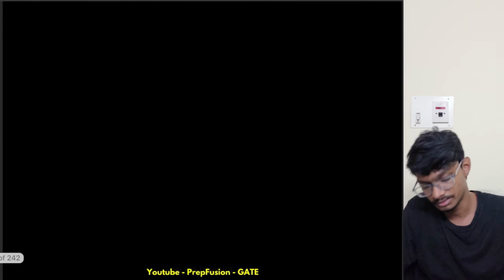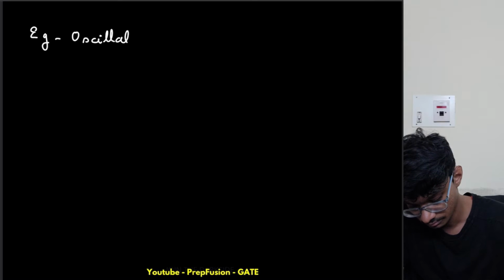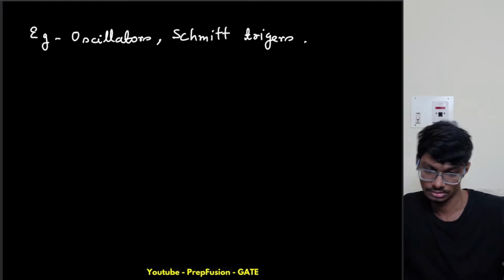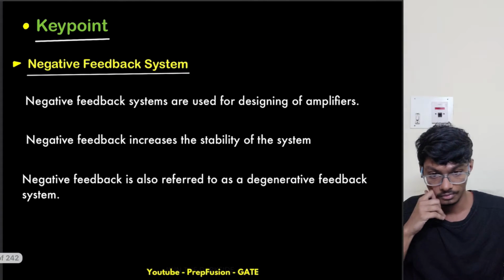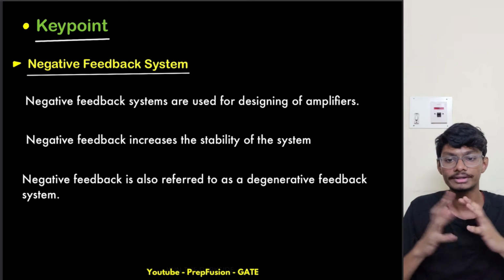Okay, so let me write here examples. Oscillators, Schmitt trigger. Oscillator, Schmitt trigger. Okay, so now let me write a few key points. So first key point is